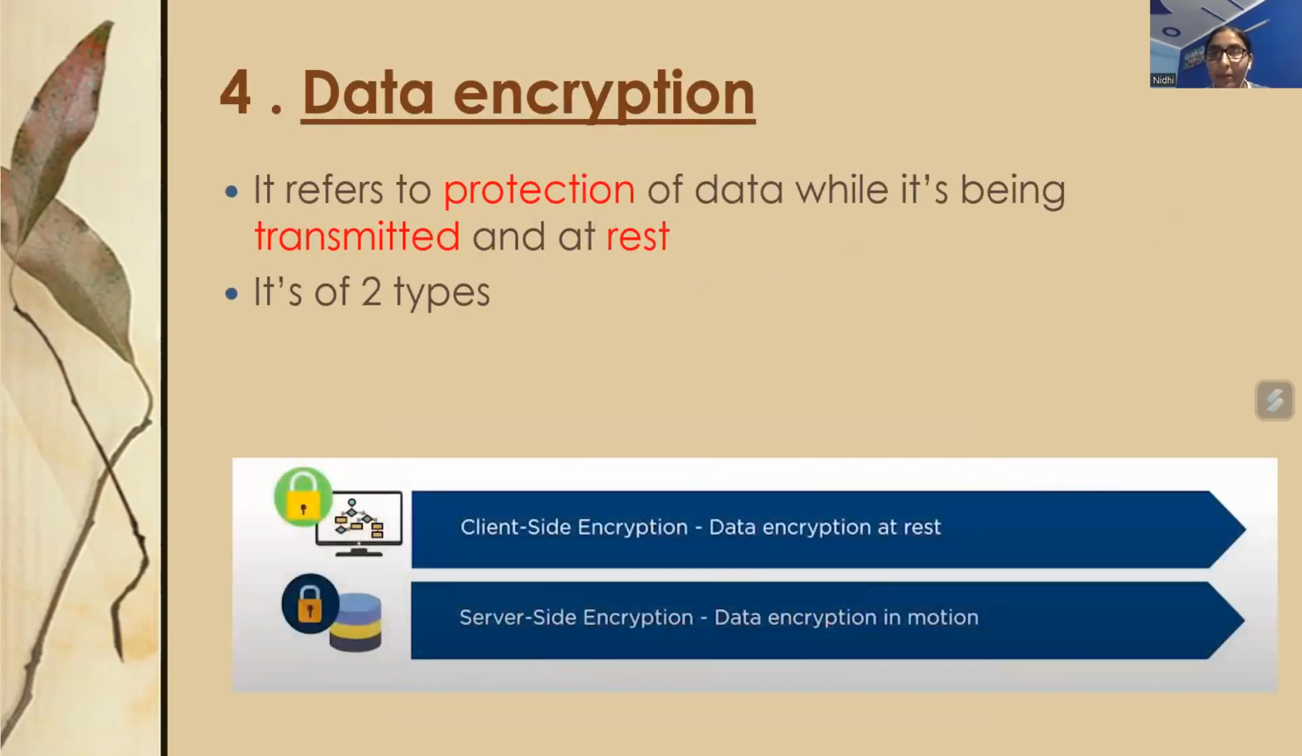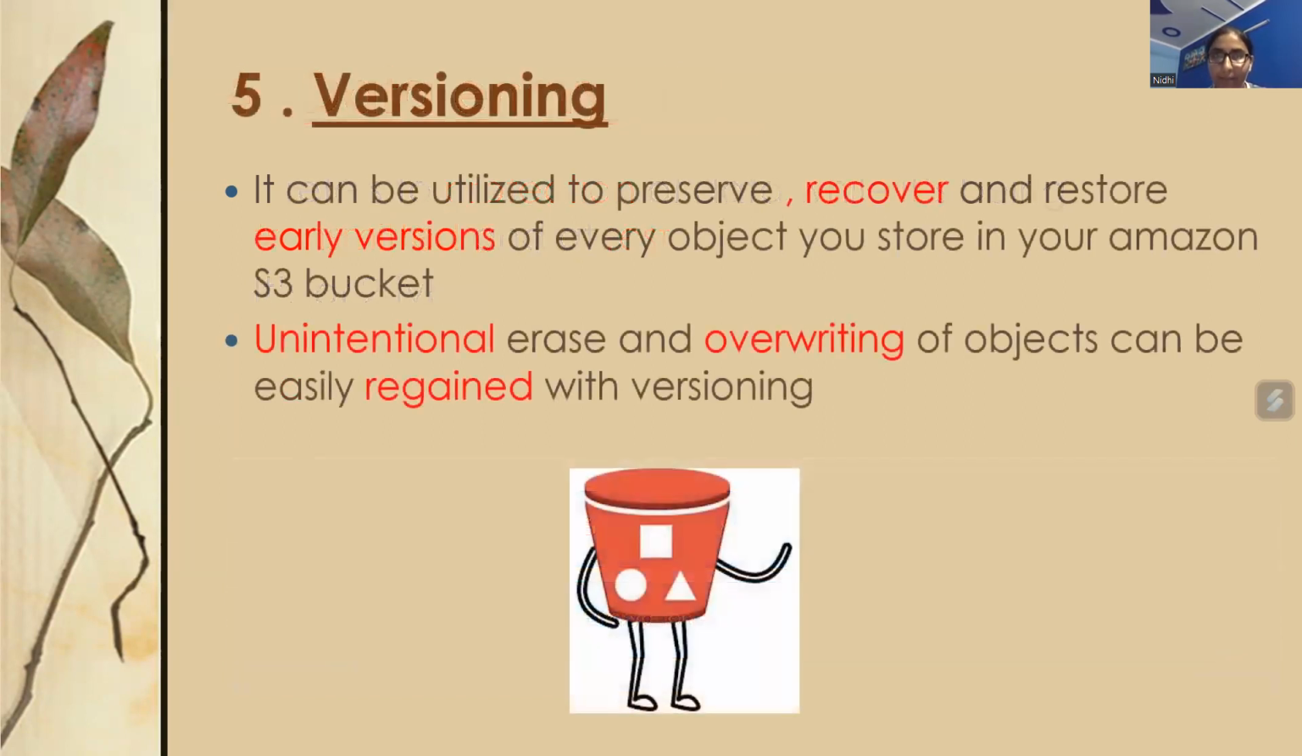Next is data encryption. As I told you, in the transition stage, when data is moving from one storage class to another, or even when it is at rest, the data will be encrypted. As we already know, data is very secure, but let's say a hacker has hacked your account. Your data is still safe because it is in encrypted form. It will not be visible directly to the hacker. So it's in encrypted form, whether you are transmitting it or whether it's at rest. The fifth one is